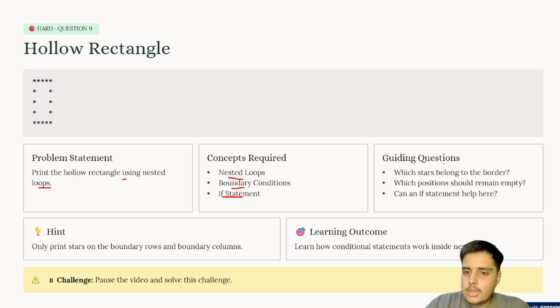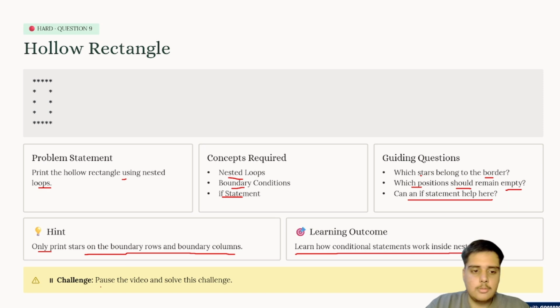Guiding questions are: which stars belong to the border, which positions should remain empty, can an if statement help here? Hint: only print stars on the boundary rows and boundary columns. Learning outcome: learn how conditional statements work inside nested loops. So pause the video and try this question yourself also.